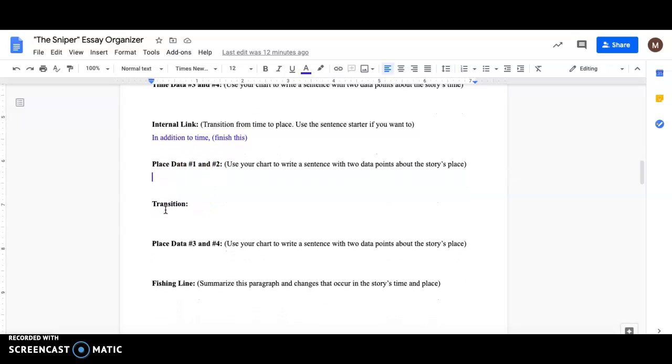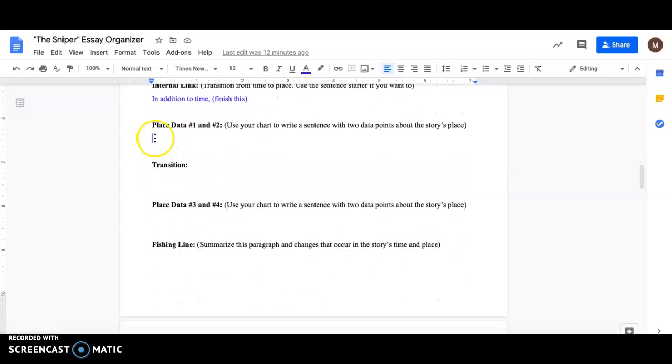Then you'll do that same thing. Go back to that chart, find two of the details you put in your chart for place and combine them into one sentence. Maybe talk about the city we're in, the country we're in, talk about what's around. There's lots of different bridges and streets and rivers and businesses, but give me two details about place here in one sentence. Then another transition. Try to use a different transition than you used previously. So again, maybe you'll do later in the story, or next, or in addition, or also, or furthermore, or adding to that, whatever you want to say for your transition.